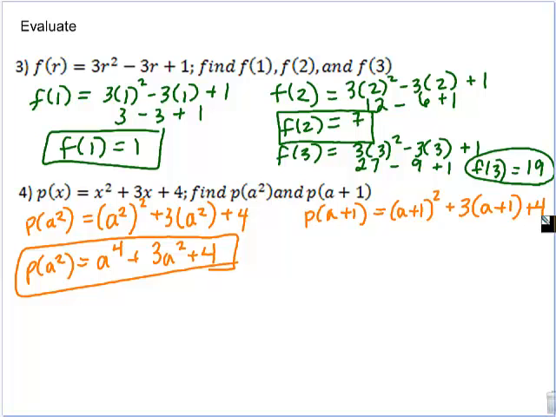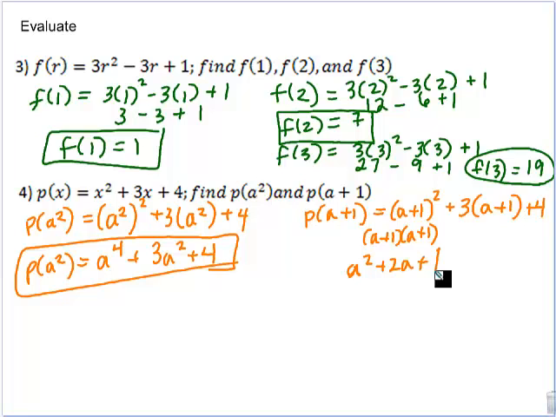Yeah, when we do a plus 1 squared, there's 2 of them. So it's like taking a plus 1 times a plus 1. So we have to make sure that we FOIL that out. So we don't want to forget about the outside and the inside there. So when we combine a plus 1 squared, what do we end up getting? A squared plus 2a plus 1